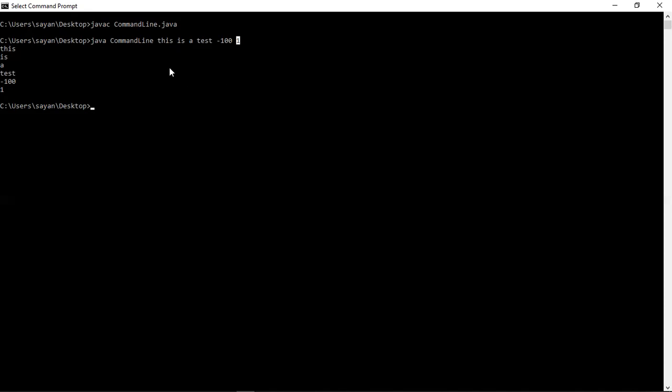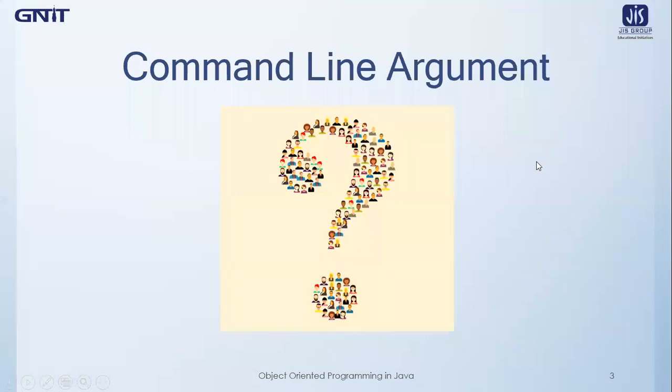So this is the concept of command line arguments. That means passing arguments in the command line to a program, and the arguments are passed to the main method, more specifically to the ARGS array of the main method, which is an array of string type objects. Whatever operations you want to perform on those command line arguments, you can easily perform like any other programs where you give values in the program itself. So this is the concept of command line arguments.